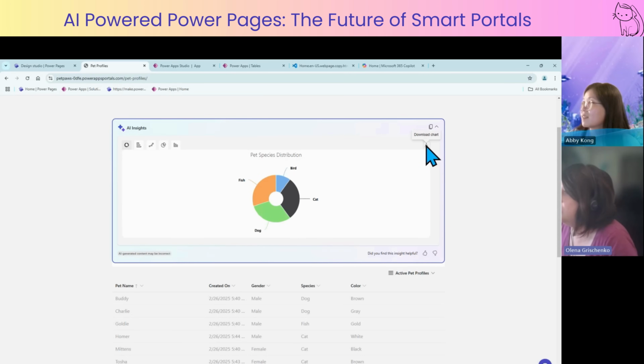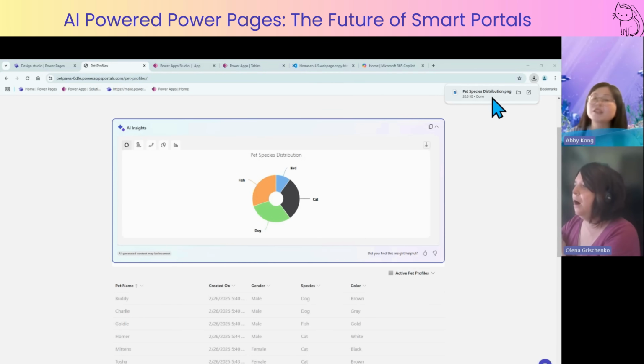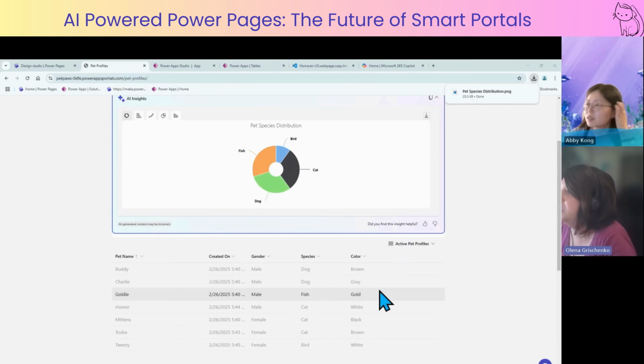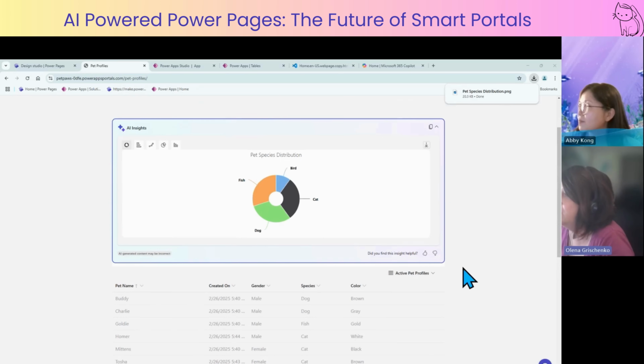Let's download. So what we can do in here. Okay, let's see. It's a PNG picture. Okay, that's fine. Download the picture. Yes. It would be nice to actually have an ability to save it somehow, like a favorites